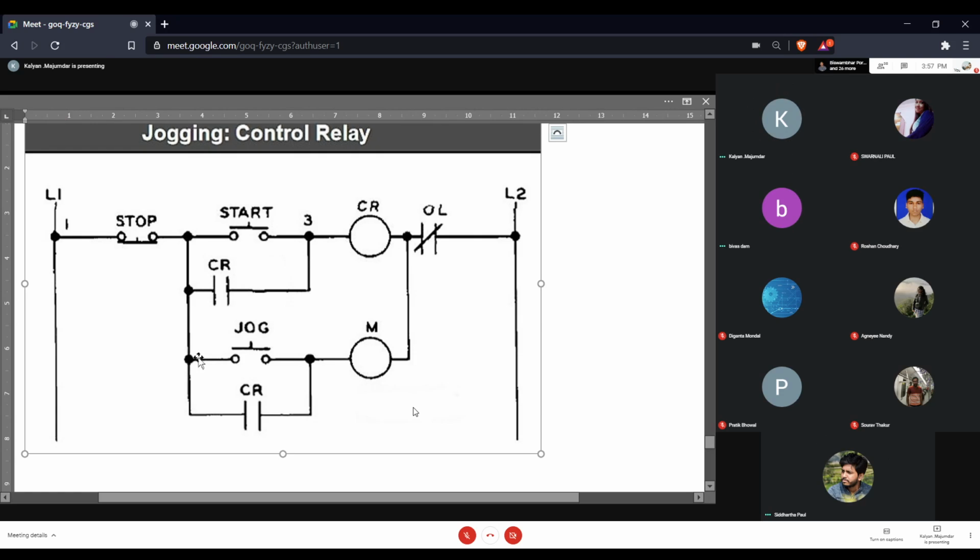ঠিক আছে। মানে স্টার্ট যখন অন তখন জগটা ইনঅ্যাক্টিভ থাকছে, ওর কোনো ফাংশন থাকছে না, কিন্তু স্টার্ট যখন অফ আছে সেই সময় জগটা যতবার প্রেস করবে ততবার মোটরটা রান করবে। স্টপটা কন্টাক্ট মোডে থাকতেই হবে, না হলে তো হবে না। হ্যাঁ, সেটা আমি বুঝতে পারি। ঠিক আছে।